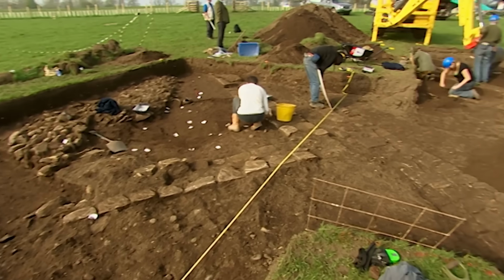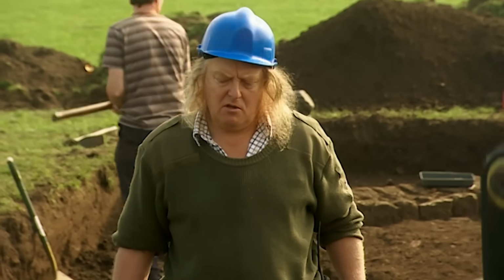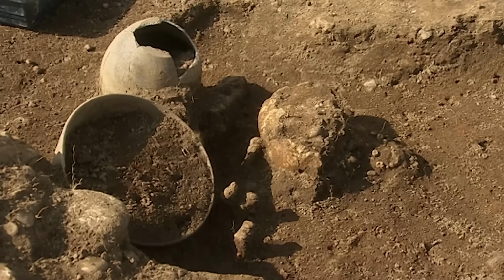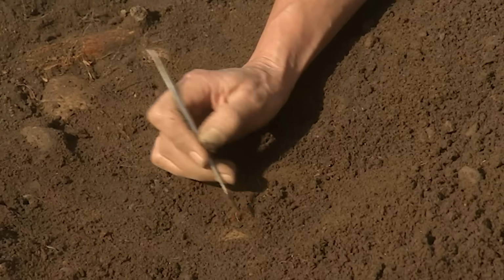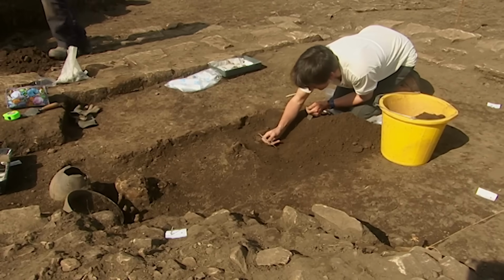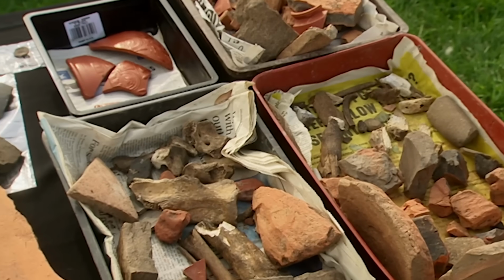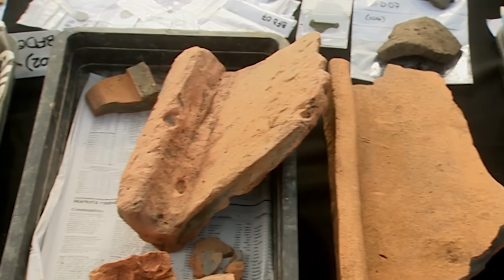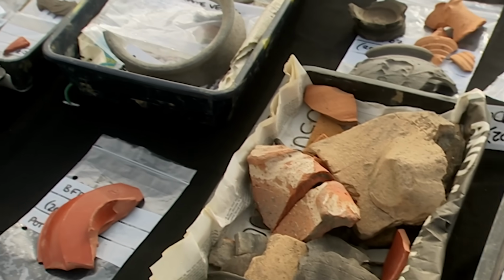And it's looking more and more like it was the right decision, with yet another surprise in our mausoleum trench. Jackie's discovered a handful of iron nails, which means the person was probably buried in a wooden coffin with the bowls placed on top. It appears the grave was cut into the mausoleum sometime after its construction, perhaps for a descendant of the mausoleum's original occupant. It's a window into the rituals and beliefs of the lost world of Venovia, a world we're beginning to piece